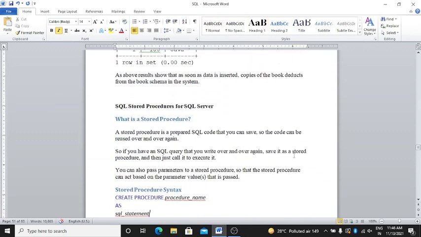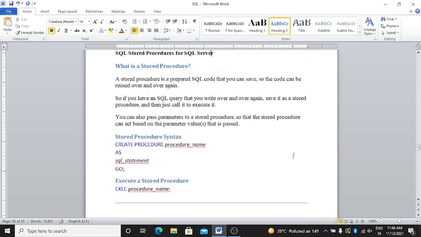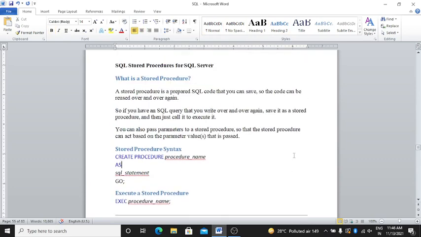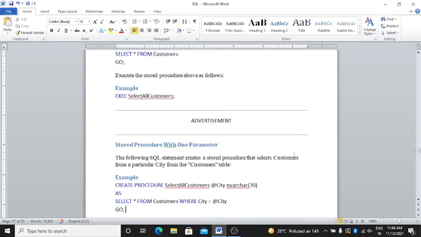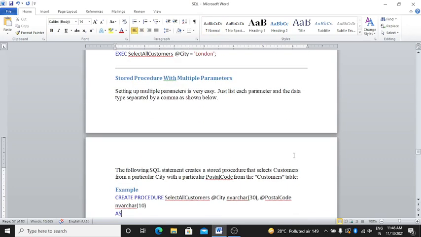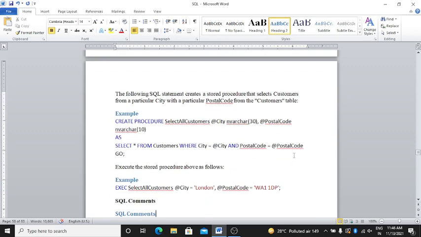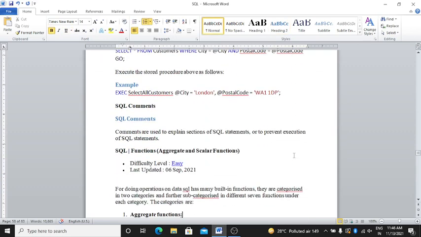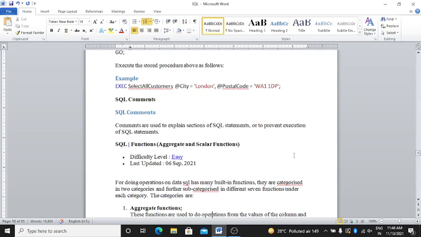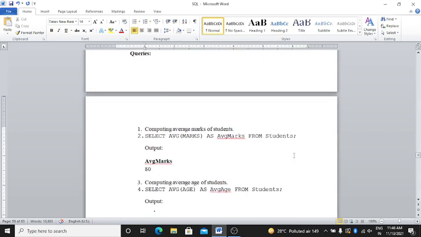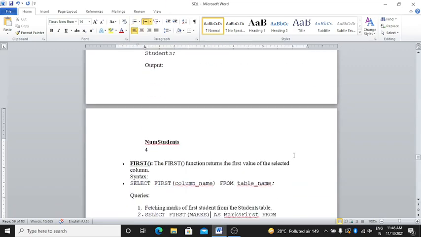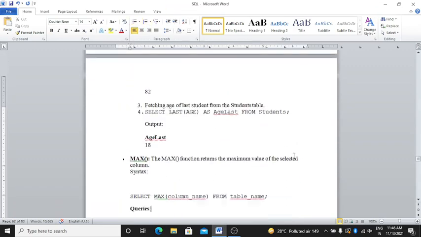After that, the SQL stored procedures we have seen in SQL Server, with the demo database, stored procedures with a single parameter, and after that multiple parameters. SQL commands, aggregate and scalar functions, and their subcommands we have studied with examples in today's lecture, right?